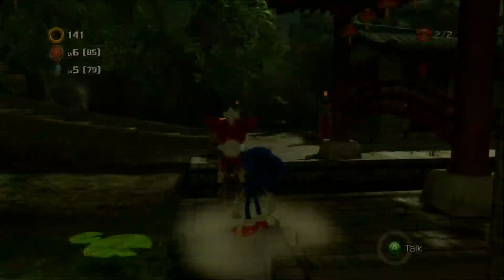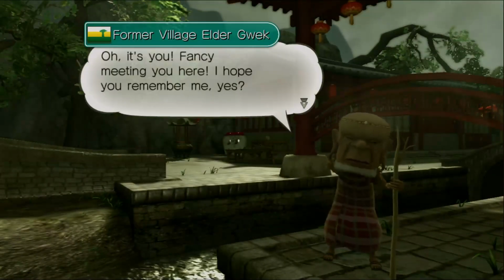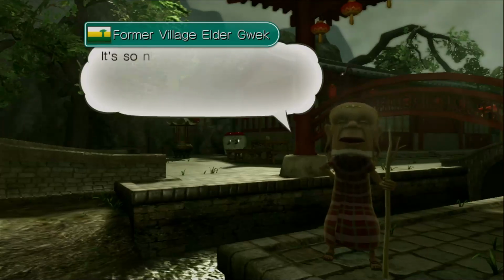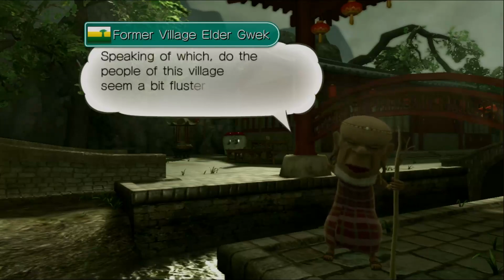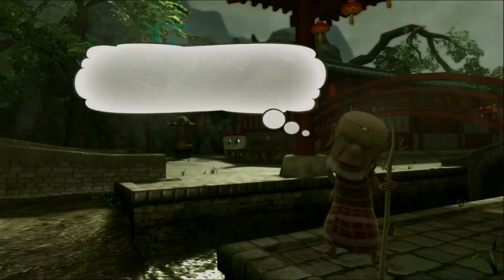Oh, hey, you're here. Oh, it's you. Fancy meeting you here. I hope you remember me, yes? I'm not village elder anymore. I'm retired so I can travel the world. It's so nice to not have to worry about village affairs, let me tell you. Speaking of which, two of the people of this village seem a bit flustered. Maybe my presence is too...